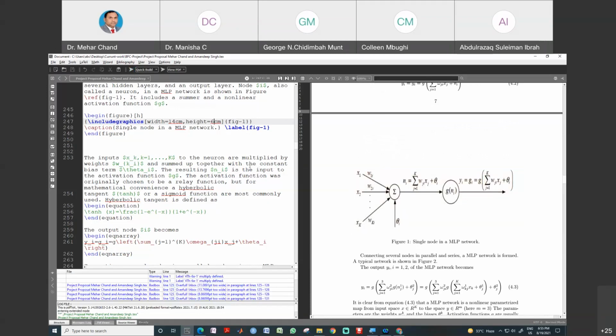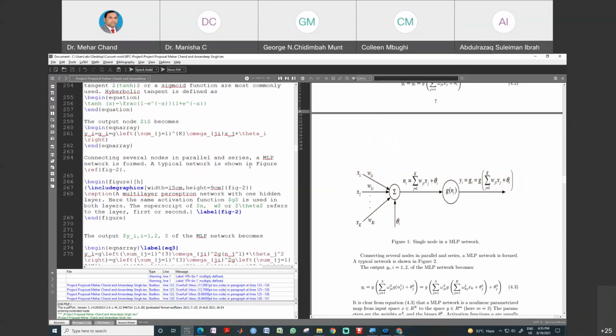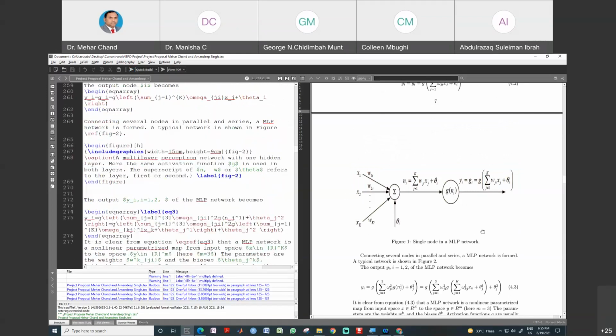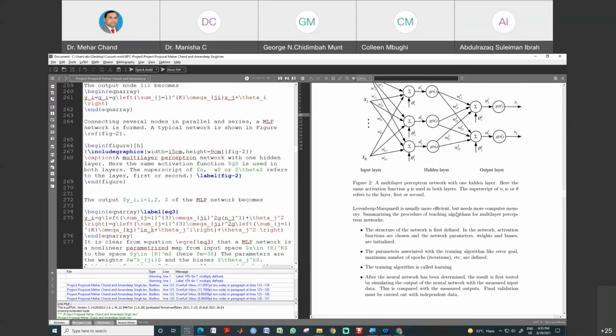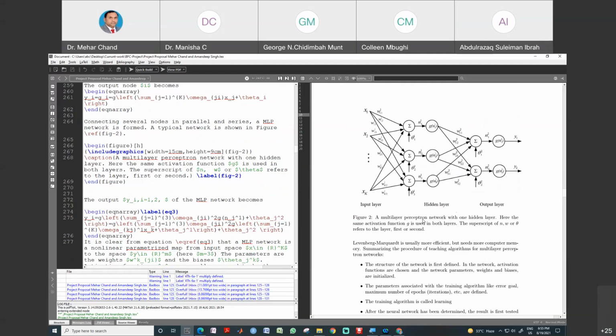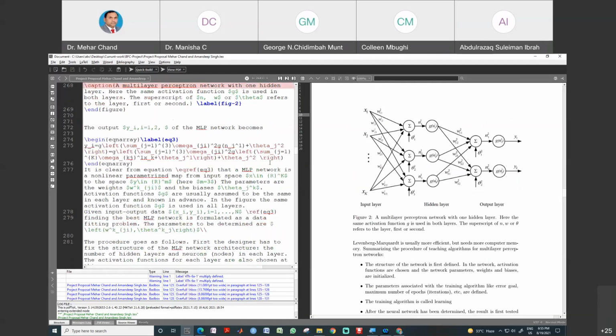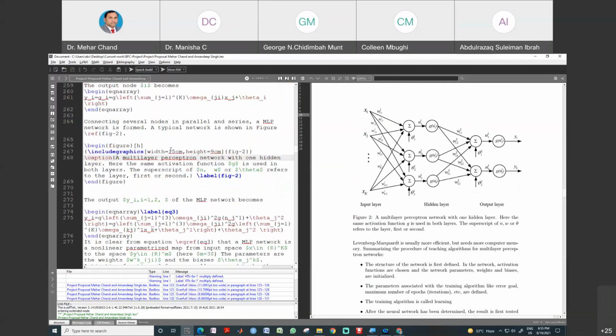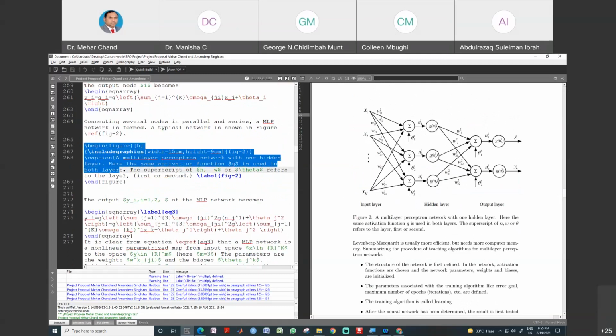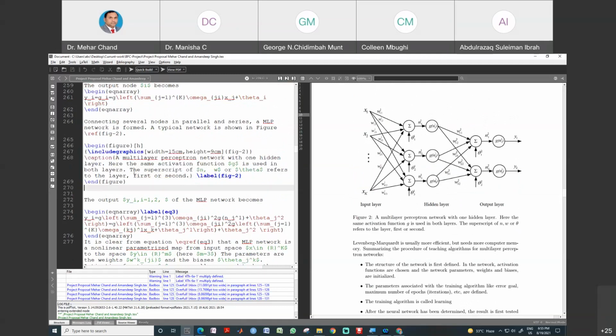And the second figure is also there. This is the second figure, and this is the code for the second figure. The same is there.